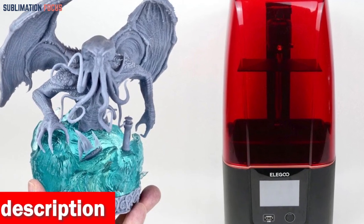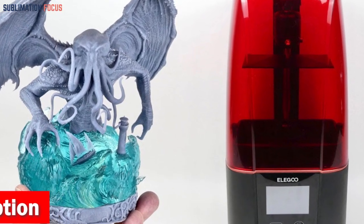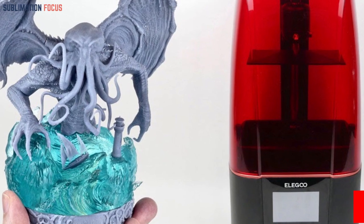The built-in activated carbon keeps unpleasant odors at bay, while the FEP Films 2.0 help your prints stick to the